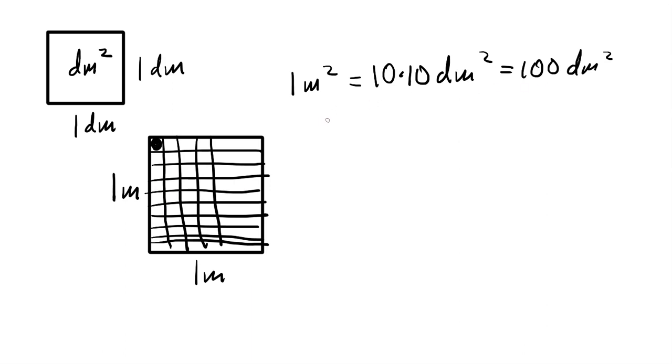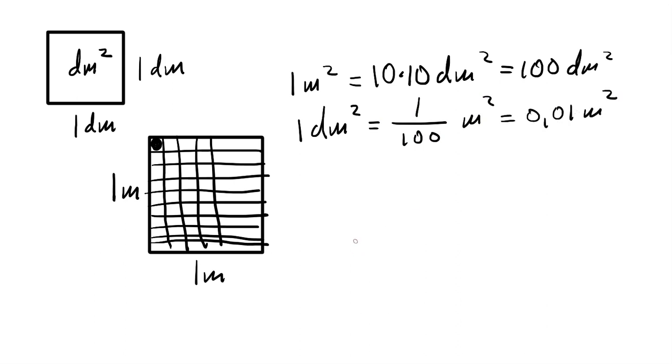And then of course we can turn this around. Now I know that 1 square meter is 100 square decimeters. So I can just turn it around and say that 1 square decimeter is 1/100th of a square meter, or 0.01 if you like. But we also saw that we could treat